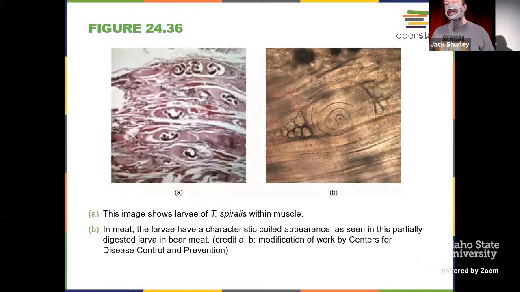Ingestion of the egg, so poor hygiene, fecal-oral contamination, ingestion of these eggs sets the stage for the larvae to develop and encyst within musculature in your own body. So you could serve as the actual host, harboring the adult worm in your intestine, and you can serve as an intermediary host, having the larval stage in your musculature.